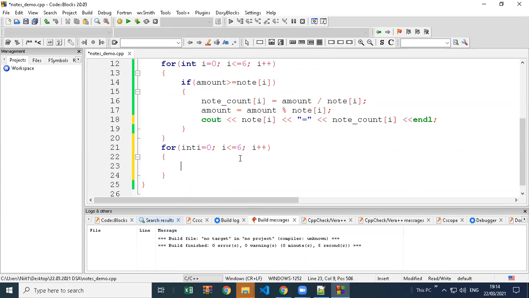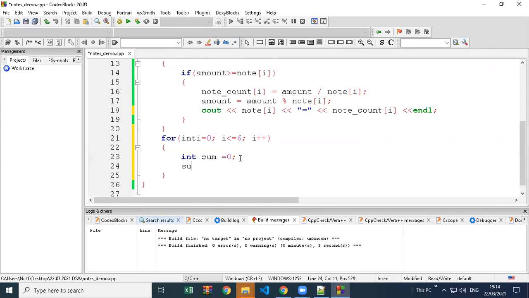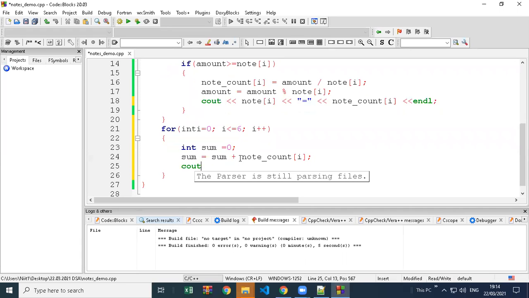So we are going to write int sum, that sum logic we created and also used in factorial, equal to 0, sum equal to sum plus note count of I, correct. And just give a space there after int I in the for loop.